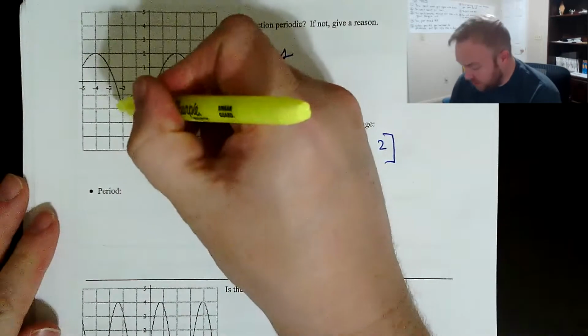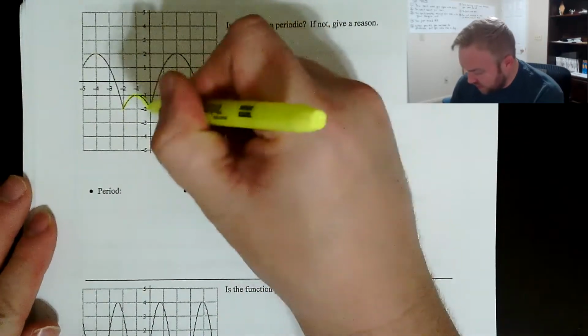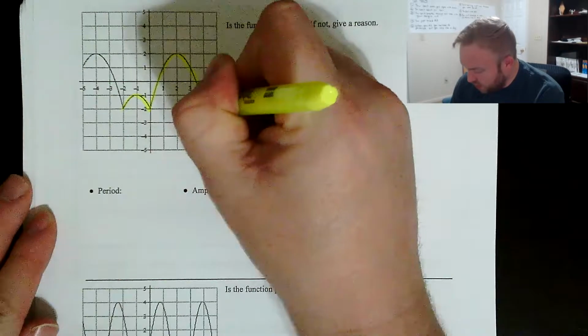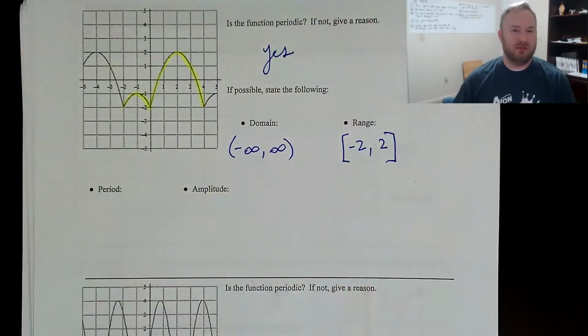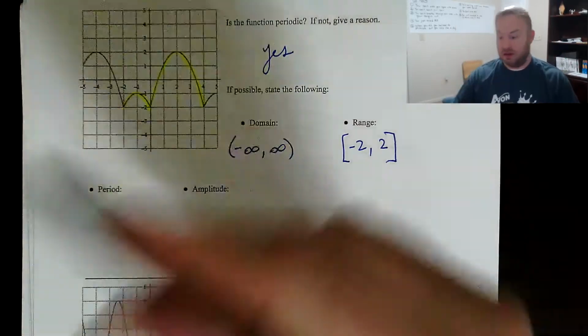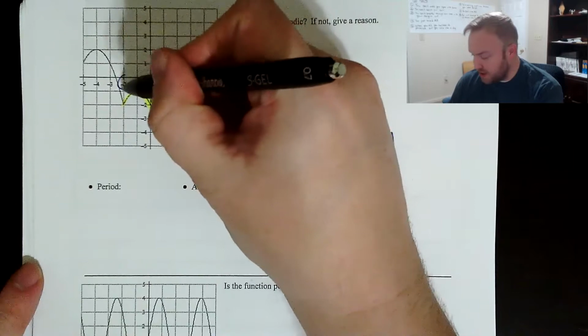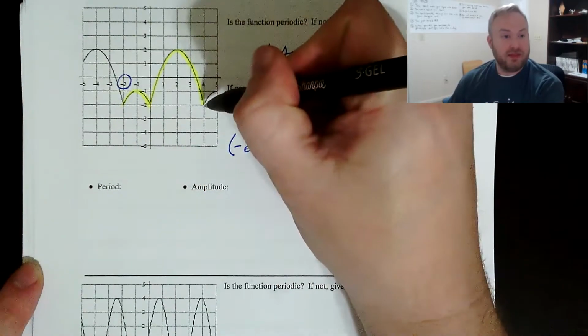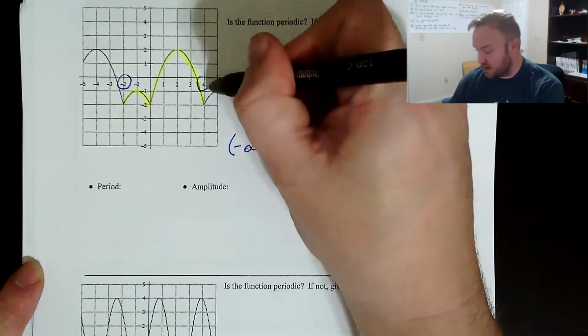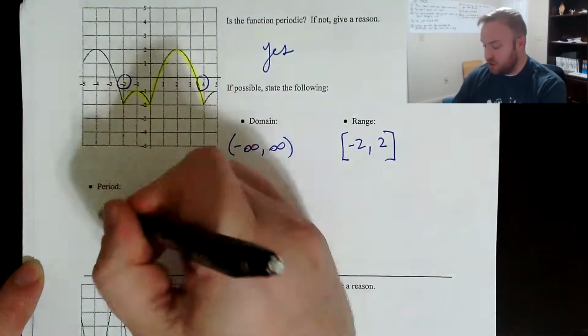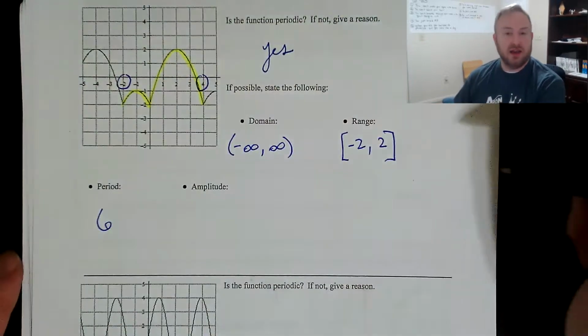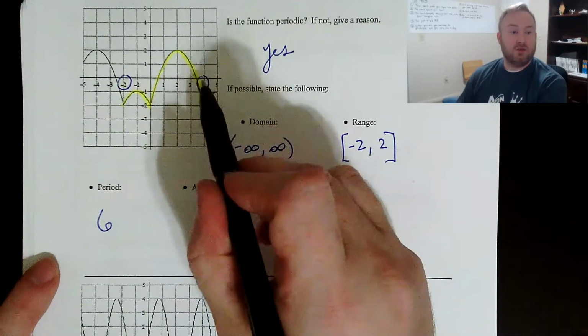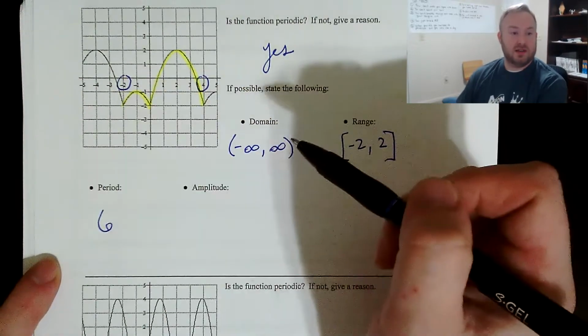As for the period, you just need to kind of highlight one cycle. So that would be a little hump and a big hump. Or you could do big hump and then little hump, but that might be harder on the part of the graph that we're given here. Okay, so that's one cycle, a little hill and a big hill. That cycle starts at an x value of -2, and that cycle ends at a point whose x value is 4. From -2 to 4 is a length of 6, and so my period is 6. And again, 4 minus -2 is 6.